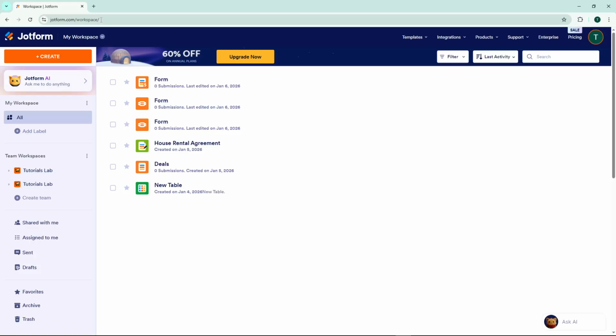Welcome back, everybody. Today I'm going to teach you how to integrate Jotform Sign with HubSpot. This integration is incredibly useful for automating your workflow, allowing form submissions to flow directly into your HubSpot CRM without